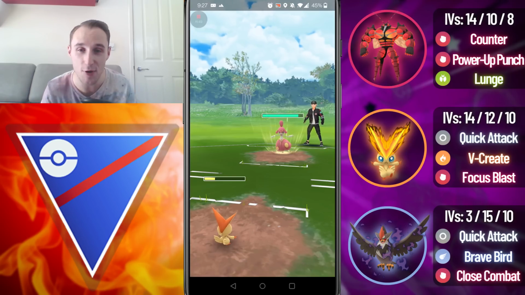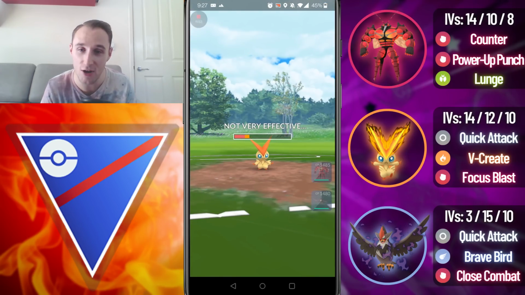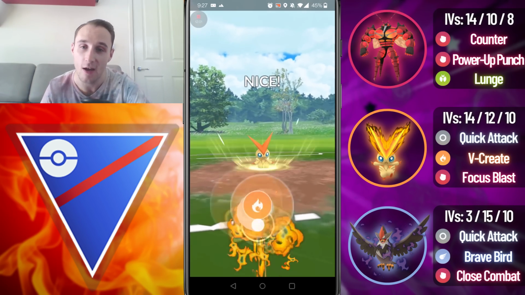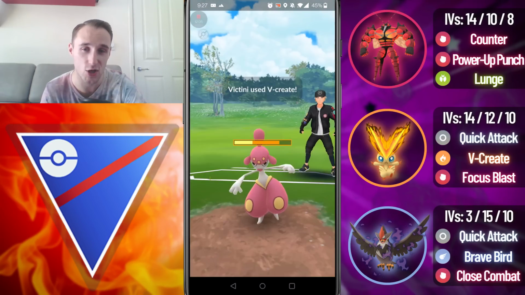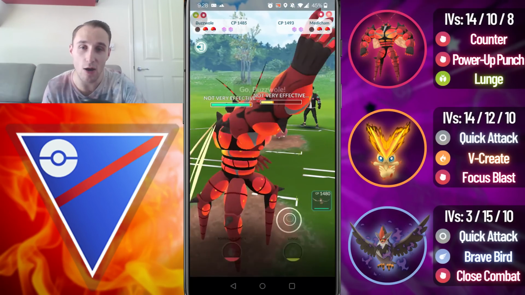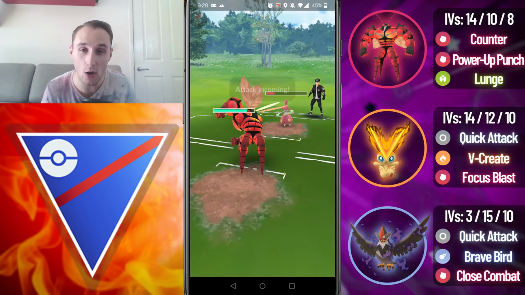We can resist everything this Medicham throws. Parrot Punch, not enough to take me out, sorry, and we go for a V-Create. Unfortunately, we don't quite have enough energy for the back-to-back, and we do lower our defense, so that counter does take me out. Now I'm going to come in with Buzzwole here, and I'm going to look to one shield